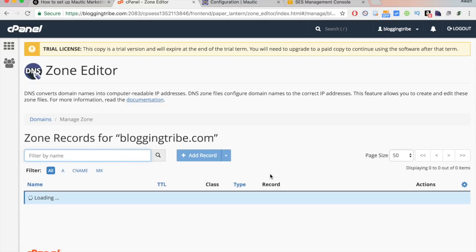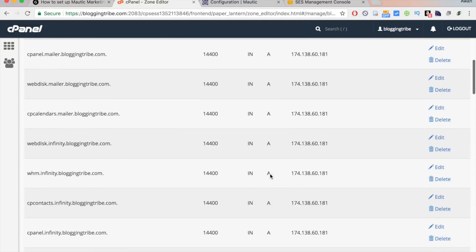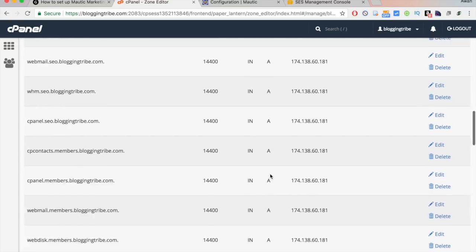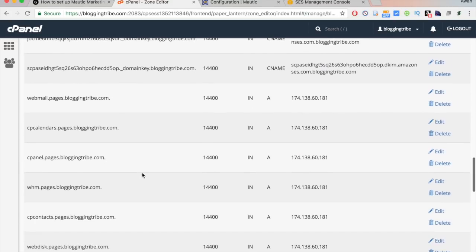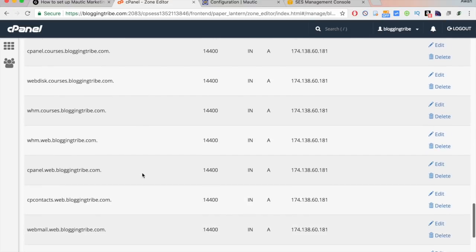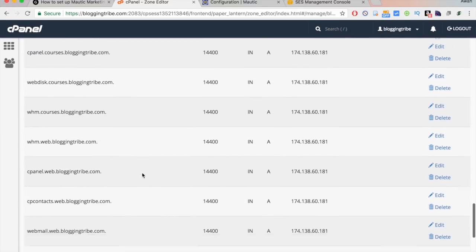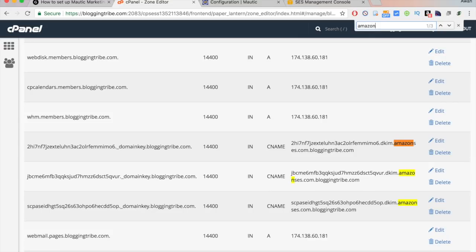Let's try manage, and all you would need to do is add something like this. Where is Amazon SES? All right, Amazon. Perfect. You see, so they give you codes like these,